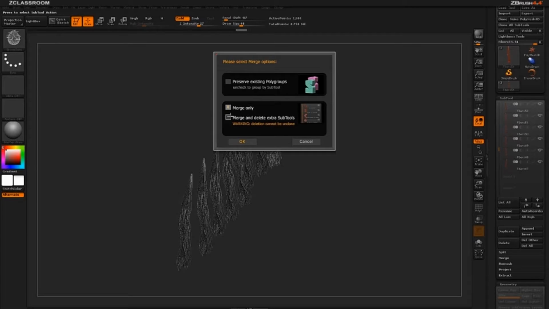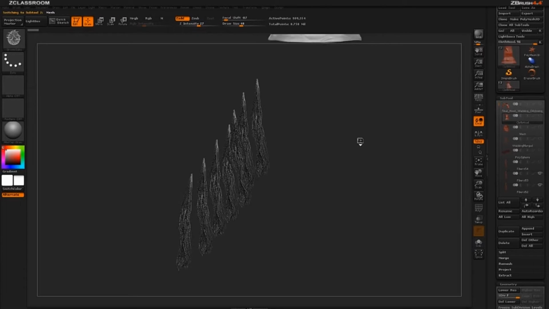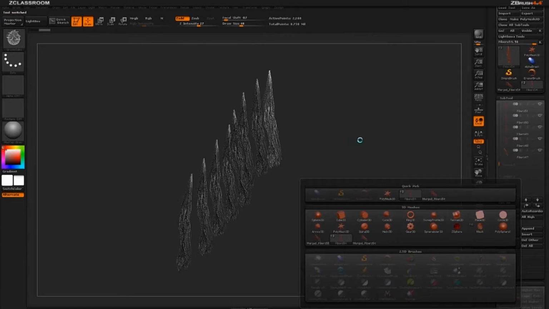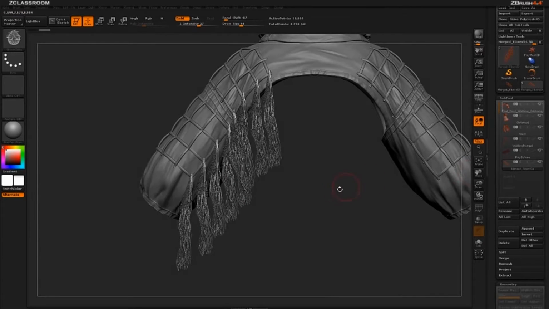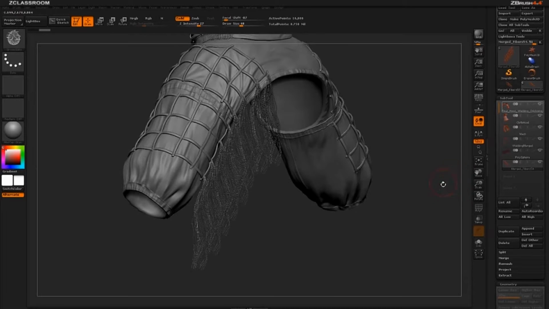I don't really want that. I just want them to merge and then get rid of the old ones because I don't need them anymore. So I'm going to hit Merge and Delete, and then just hit OK. It's going to go through and calculate quickly and merge them together, and then delete the old ones. So there we go. It went through that process, and now I have one subtool that is all those fibers